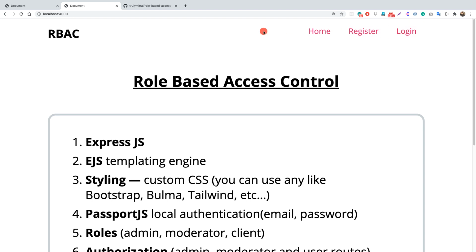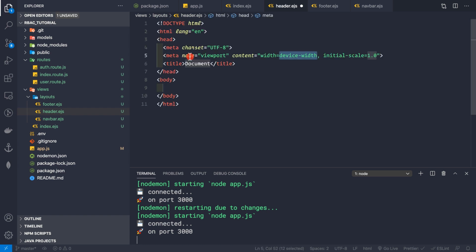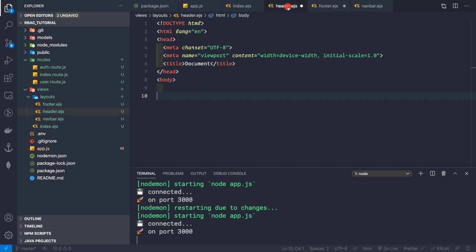And now let's go to the header.ejs file, and here I'll make my skeleton, and we'll use this everywhere else inside our application. And these body ending tags should be inside our footer.ejs, like this. So now let's go to our header.ejs file, and we also want to include the navbar here.